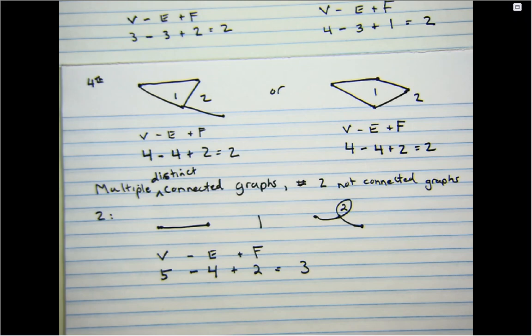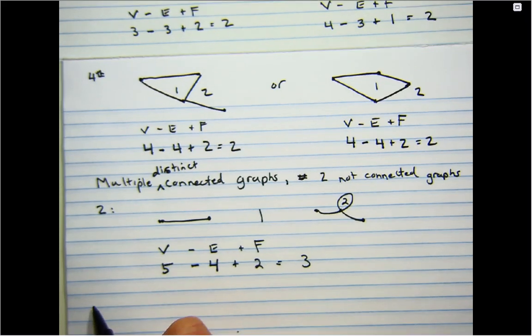So if we look at two graphs together in a plane which are not connected, and we do the vertices minus edges plus faces, we don't get two anymore. So by having these two graphs, we no longer have the Euler's characteristic of connected graphs. So what does that